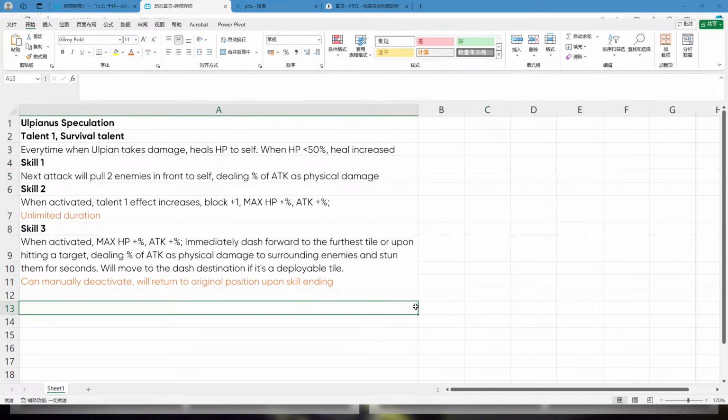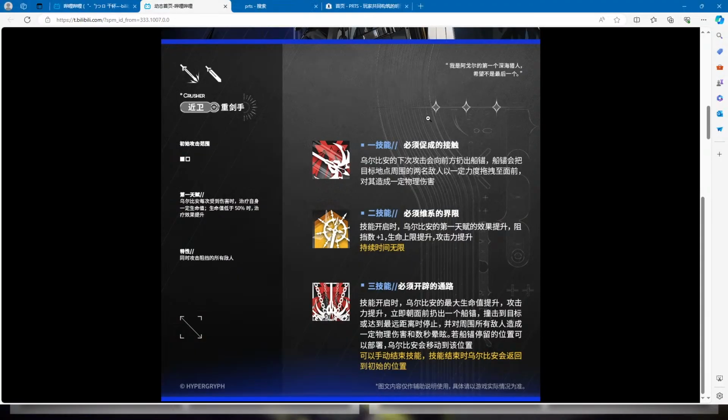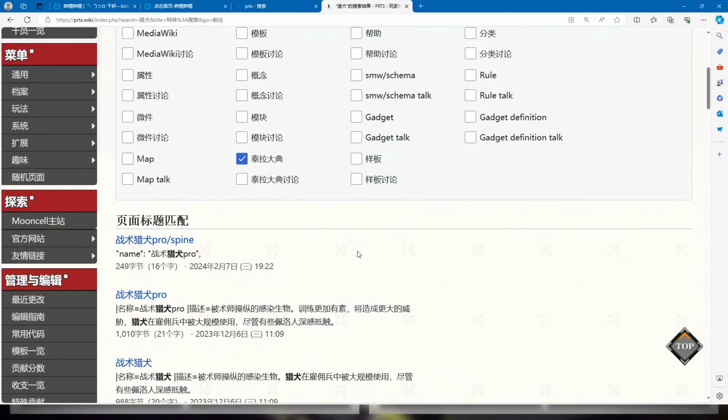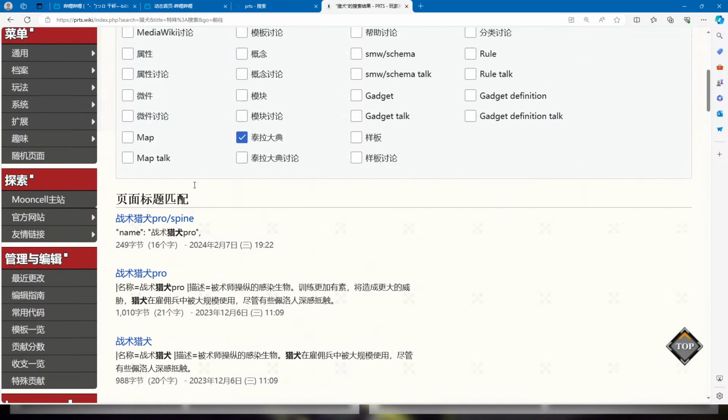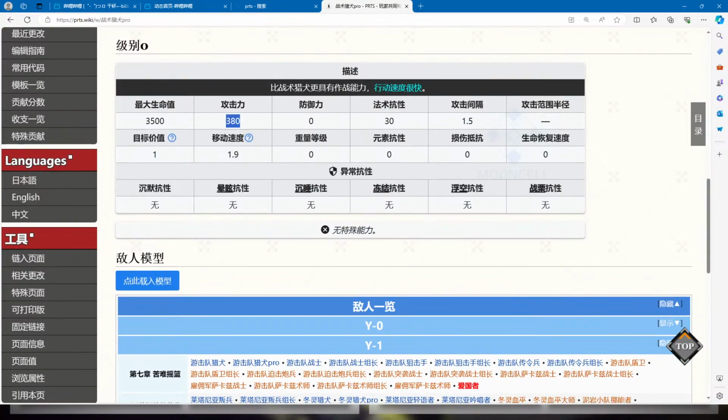My approach is likely going to still use Holdra as a reference. So Holdra, let's think about it. He has 18% or 21% Sanctuary, right? Let's use the Hound again. I'm going to look into PRTS again in case I'm wrong. Let's see. This one, this dog, it has 380